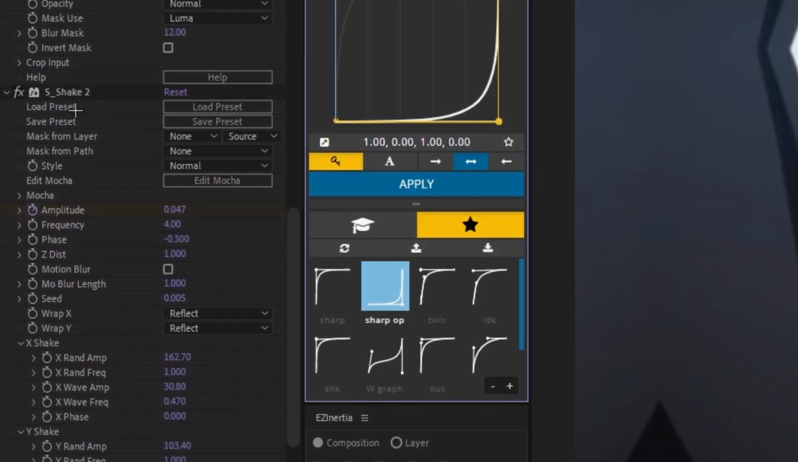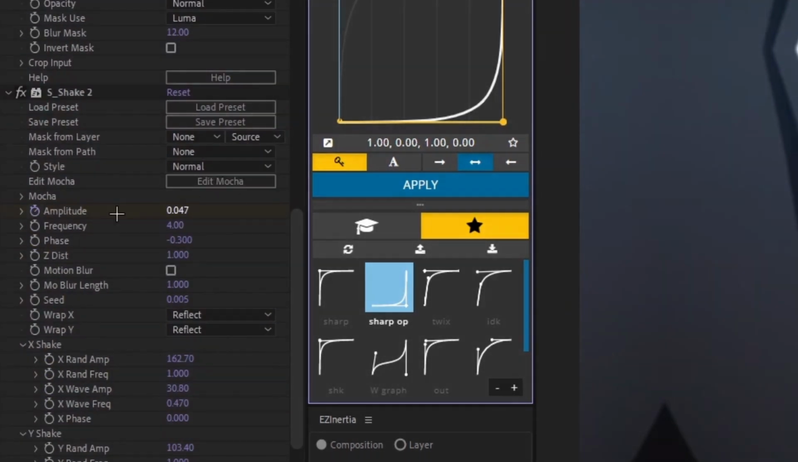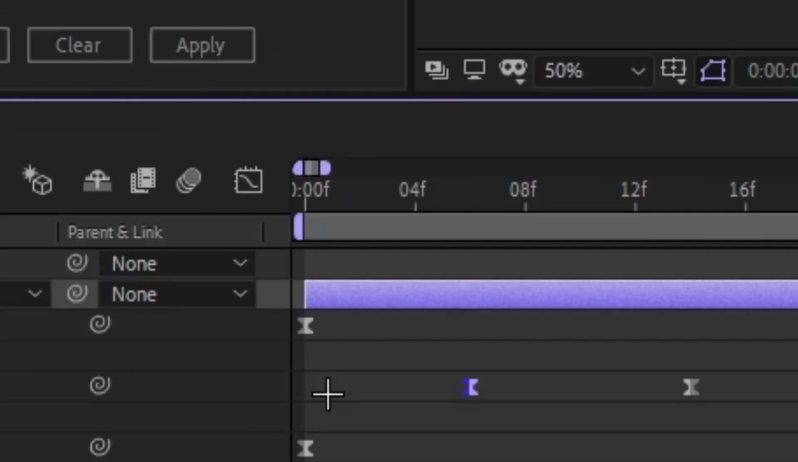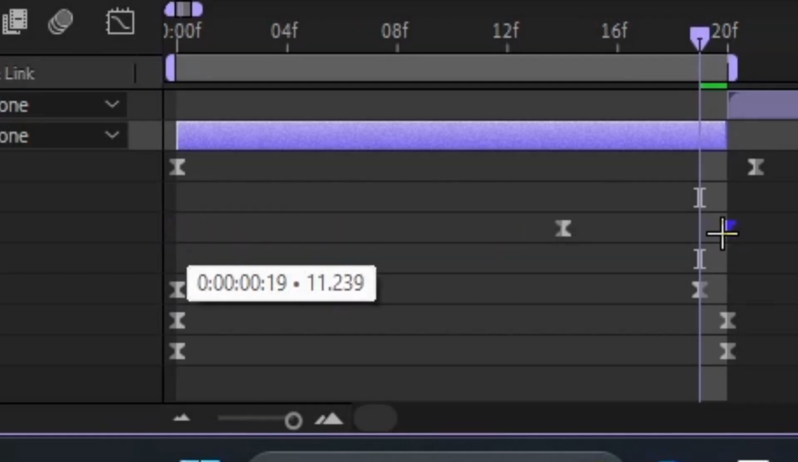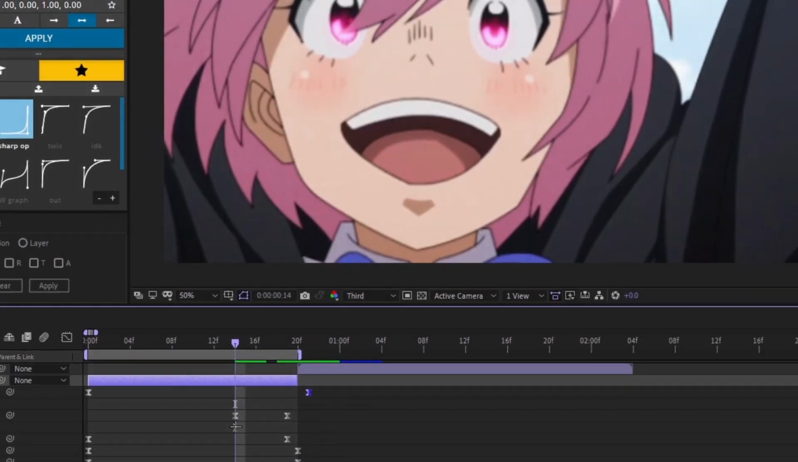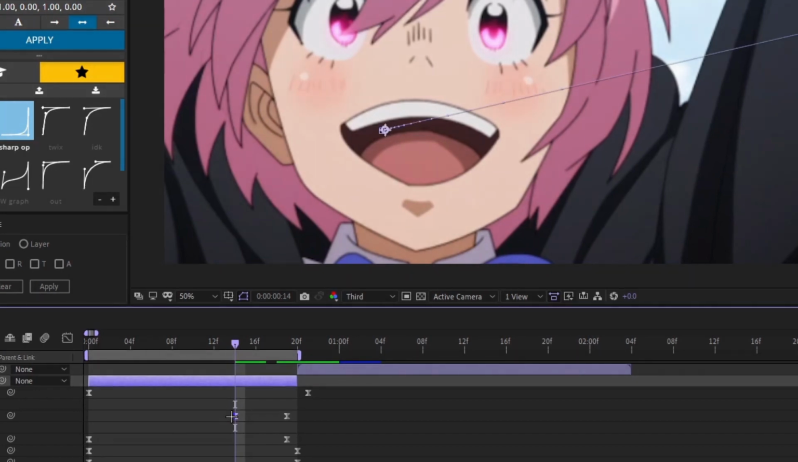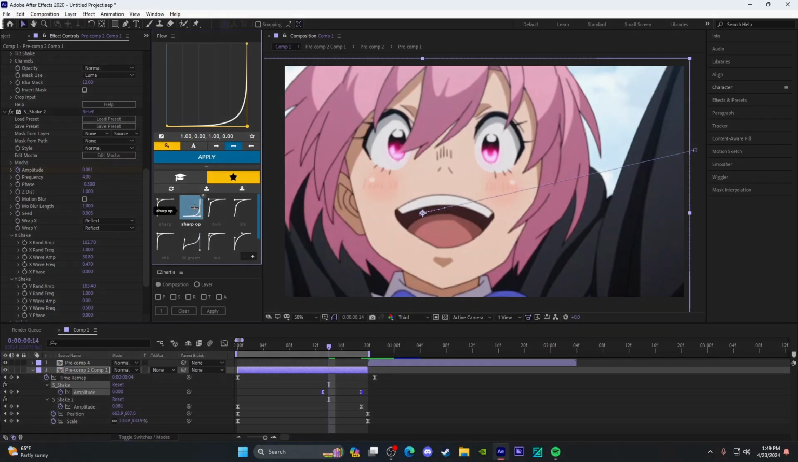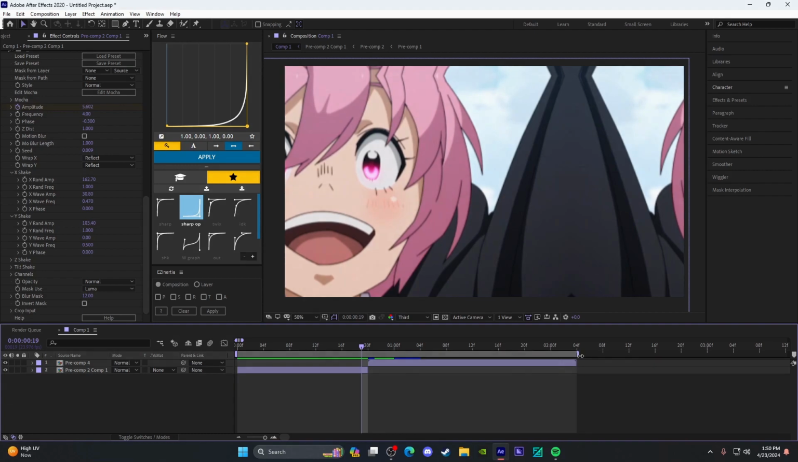I basically just duplicate the shake again, and then I just reverse it. I just put this in the end. The second one, like it was on 50, I just put it to 0, because I don't need that extra movement here. And I put the sharp graph. Yeah, after I do that,